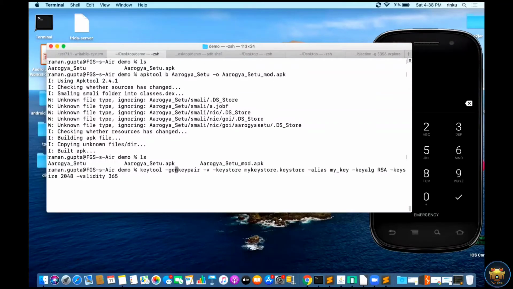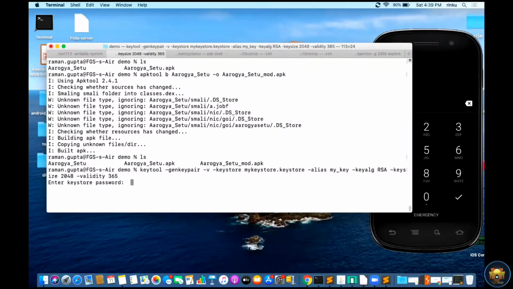Here the options are: genkeypair to generate the key pair, -v for verbose, -keystore to create the keystore, -alias to use this alias name to sign the certificate, -keyalg to define the algorithm, I am using RSA, -keysize to define the key size, I am using 2048, and -validity to define the validity of the certificate, here 365 days.